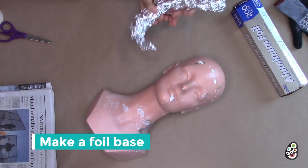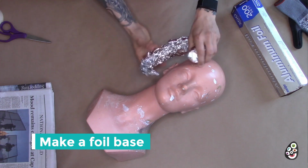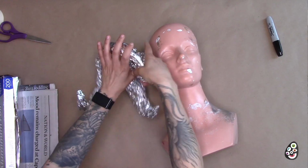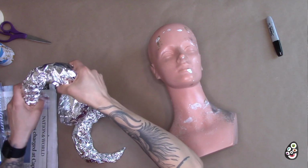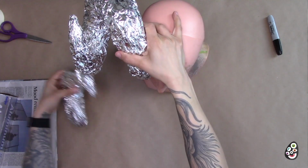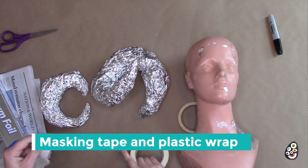So we knew we wanted 4 horns, and 2 of them would be big curly ram horns and then 2 smaller ones beneath. And we just started layering foil thicker and thicker until we got the general shape of the horn that we wanted. Once we were happy with our general foil horn shape, we layered it with masking tape